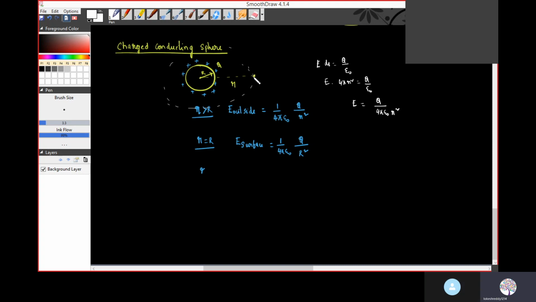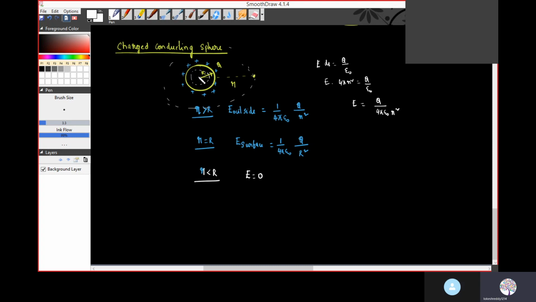So what you have to do is, wherever you want the electric field, there you have to consider the Gaussian surface. Now r less than R, that means inside, E will be equal to 0. Why will E be equal to 0? Because if I consider a Gaussian